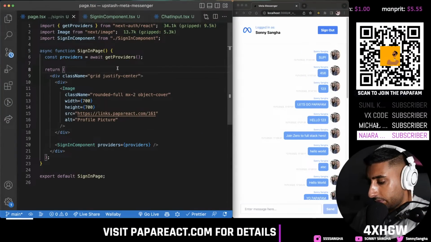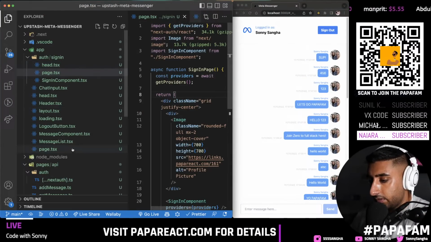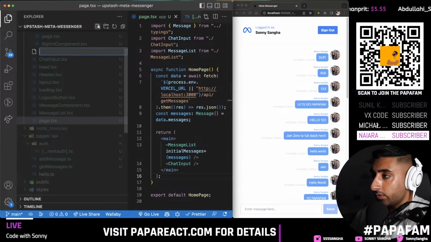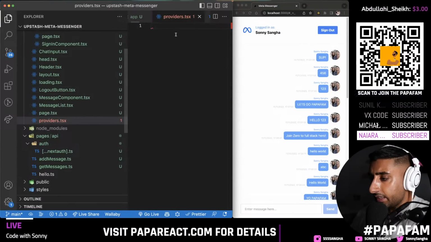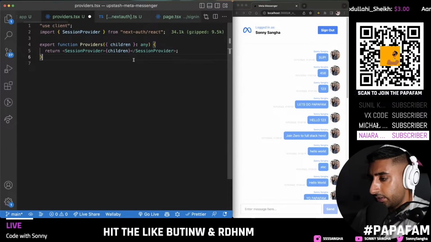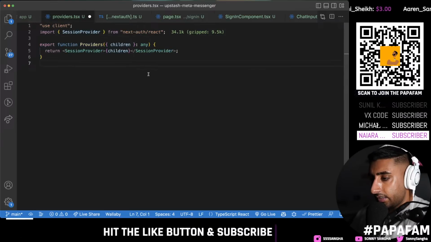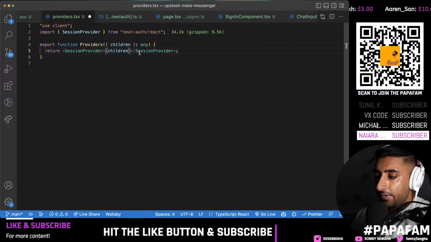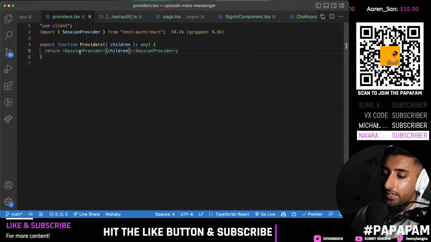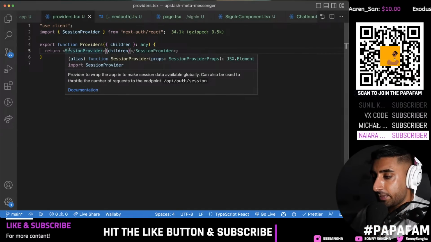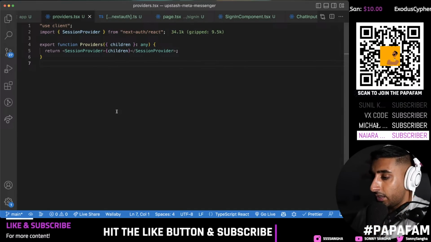I'm going to jump through this one pretty quick because I don't want to spend too long on it. But if you want to do the provider pattern, you can make a providers.tsx. And because I know a lot of people are naturally going to have this question, you can make your session provider like so, just how you would do it. This could have all your providers. It could have Redux. It could have everything that you would typically wrap in app.tsx,